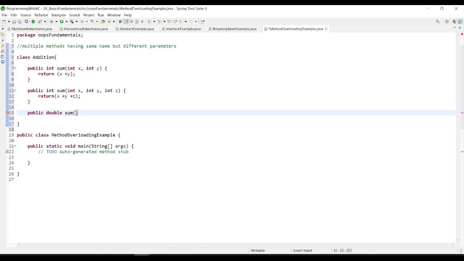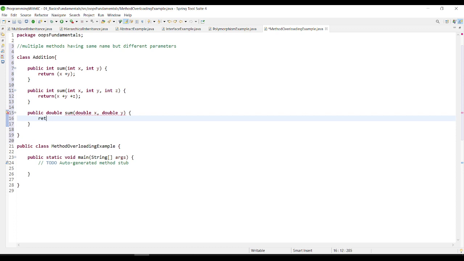Now this is of type what? This is of type double. It means that I had changed the input type, right? So you can take any number of parameters. Let me take this double x comma double y. It's okay, so this is fine. I will say return what? x plus